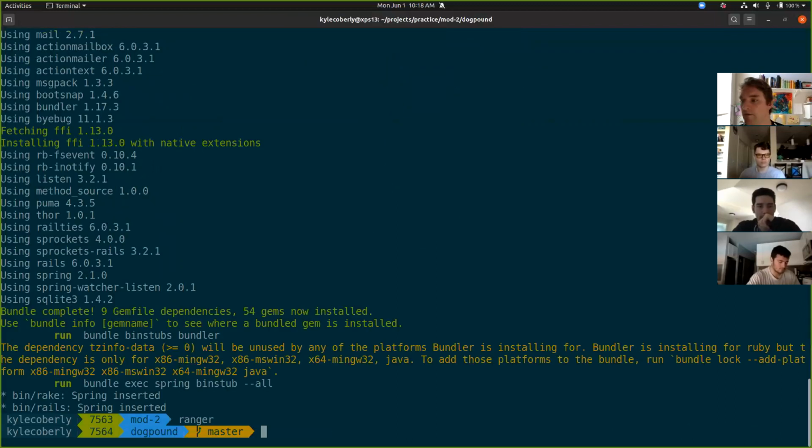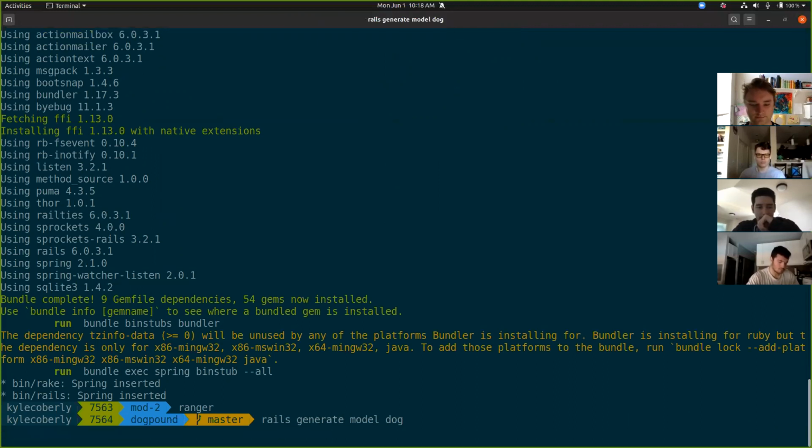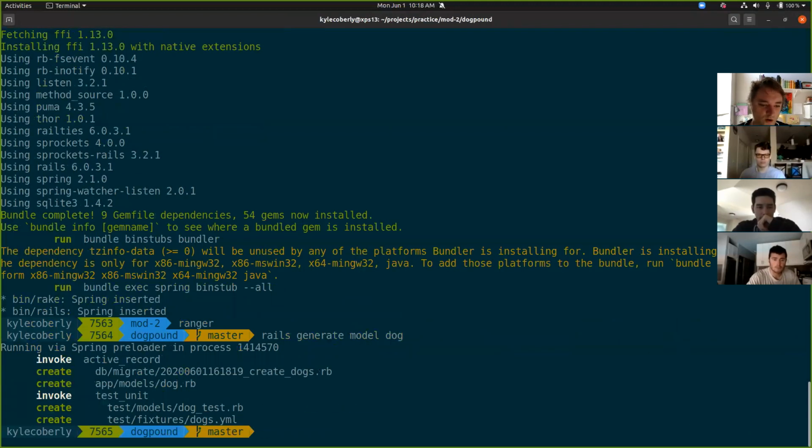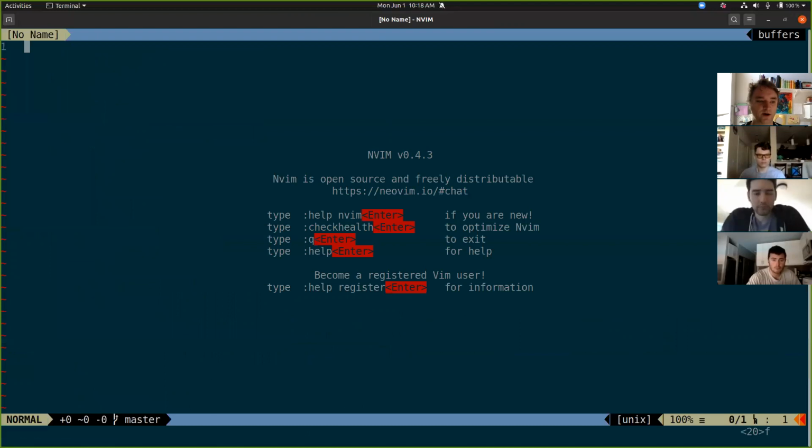And then we have all kinds of cool Rails commands that'll help us build out our app. So, all right, we want to work with dogs. We can rails generate model dog. Cool. It made a database migration for me. It made my Ruby model file. It even made some tests for me. And if I look at those,